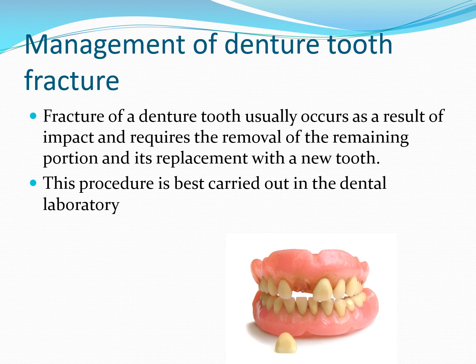Simple single tooth fracture of a denture usually occurs as a result of impact, and as I told you, in the upper maxillary denture, the lower anteriors are pushing the denture upward and outward, and due to that there becomes less overjet. जब ओवरजेट नहीं रहेगी तो डेंचर का अपर जो एंटीरियर टूथ है आपका लोअर नेचुरल के प्रेशर से ये फ्रैक्चर होगा, रिमूव हो जाएगा from the base, and its replacement with a new tooth. This procedure is carried out in the dental laboratory.